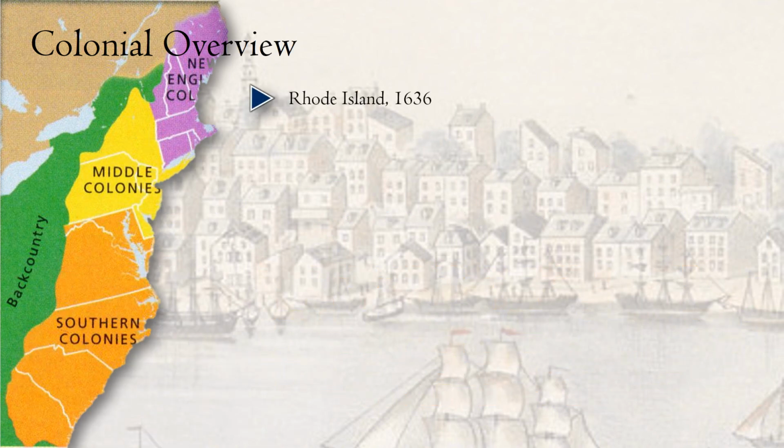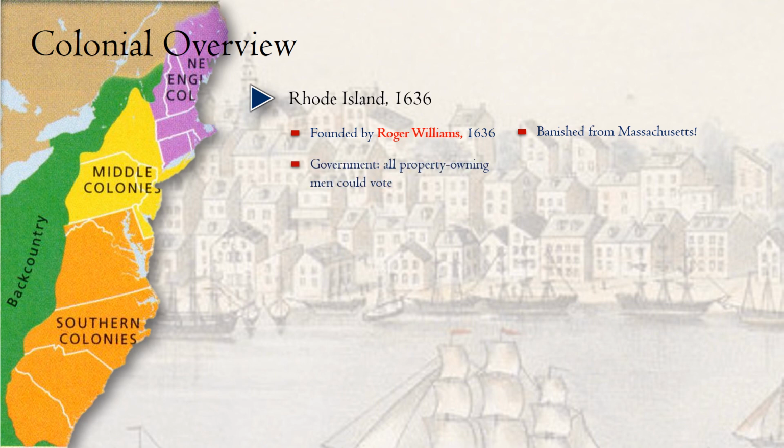Rhode Island was founded in 1636 with an interesting history. They called it the Sewer, or Rogues Island, because it seemed to attract a lot of folks that had been tossed out of other places, like Roger Williams, who in 1636 was banished from Massachusetts for his teaching that church and state should be separate. That was the distinctive feature of Rhode Island, is it set up an absolute distinction between church and state. And not the official religion, of course, we can't say that, but Roger Williams set up the first Baptist church in America.